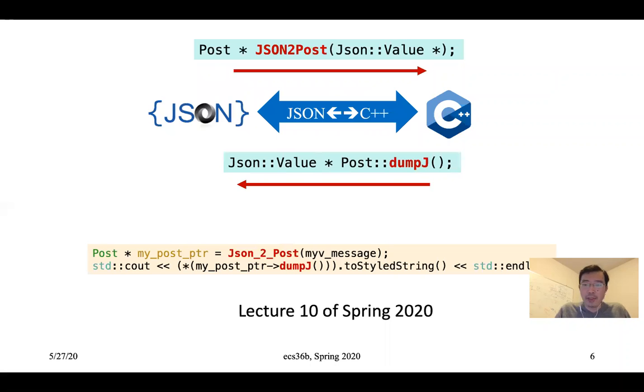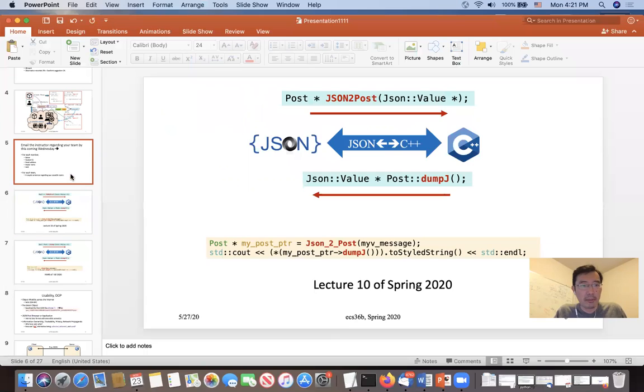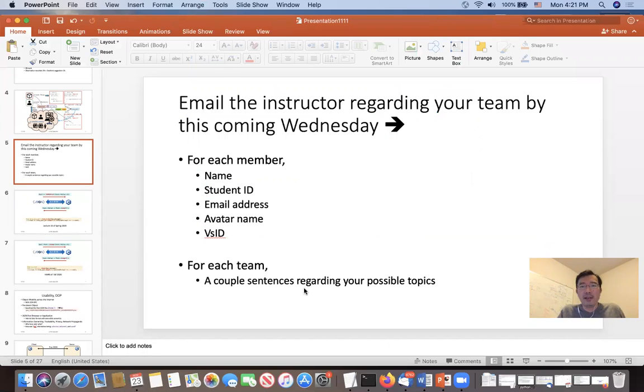So that will be my quick reminder for the final project. But the most important thing is that please send this to me. And if you want to make an appointment with me in a breakout room, just let me know, and I can meet with your team. Or if you're thinking you don't know what to do, things like that, I'd be happy to help. Any question before I move to homework assignment number 5?